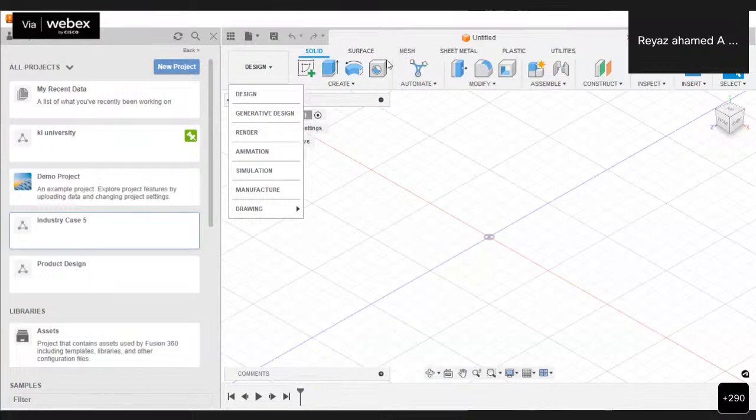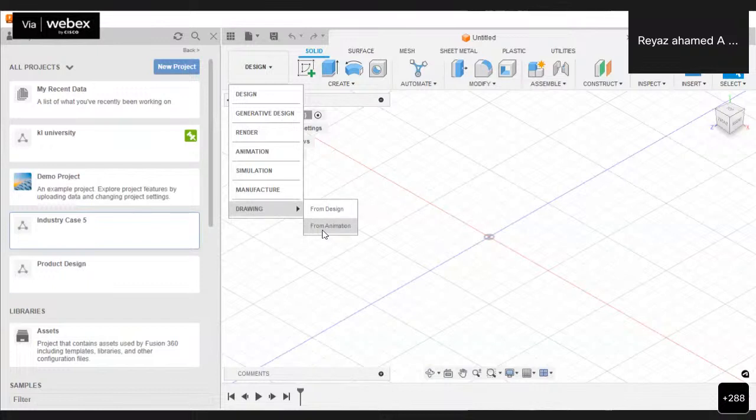The next thing is work drawing actually, where we can create the drawing either from design or from animation. So both the things you can do. Even from animation, you can create your drawing. The drawing may consist of different models and different kinds of views. Each and everything would be there.